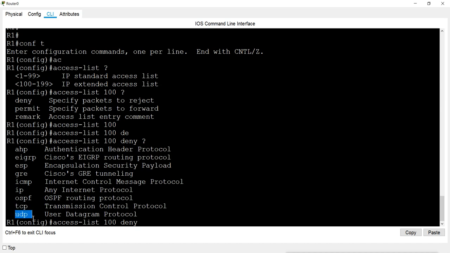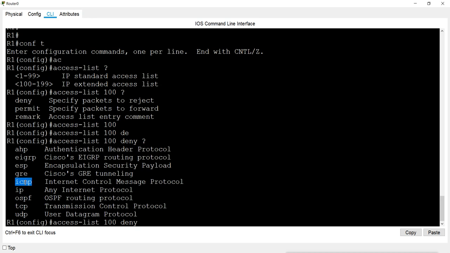And also if you want to block some internet control messages, that is when we do ping, we get the reply, we get the timeout, we get the destination host unreachable messages. All of these messages are managed by the ICMP protocol, not TCP, not UDP. So if we want to make a rule or statement for the ping request reply or anything else, then we can use ICMP here.